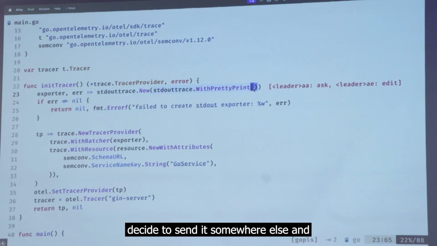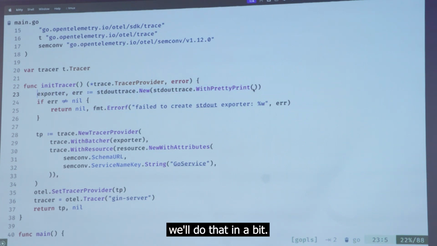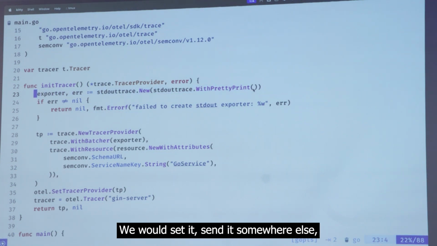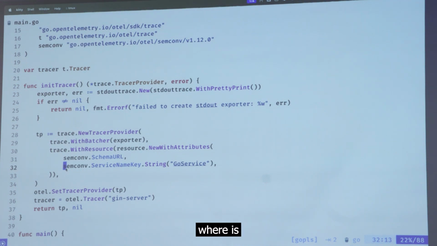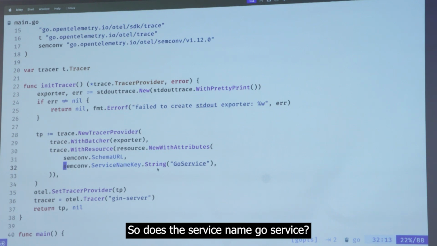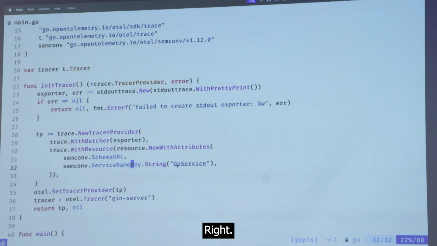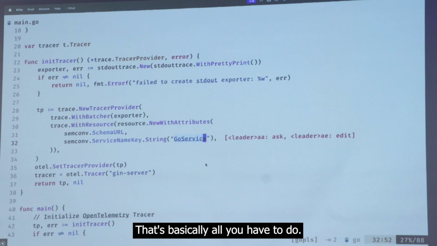But we can decide to send it somewhere else, and we'll do that in a bit. Then we can give the service a name. This is what's going to identify the particular service that is handling the request. So that's the service name, Go service. That's basically all you have to do.